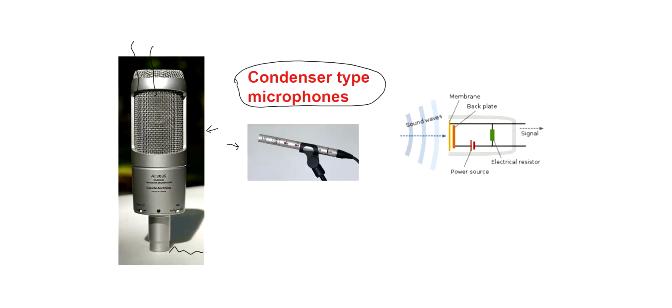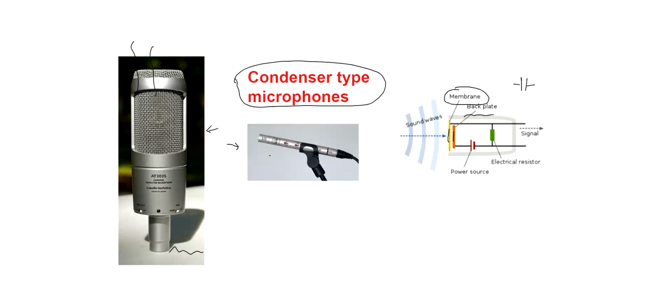So inside these microphones, you have two conductive plates that form your capacitor. So the front plate is basically a membrane which is free to move, and the back plate is fixed. So that forms your parallel plate capacitor. Then this capacitor is